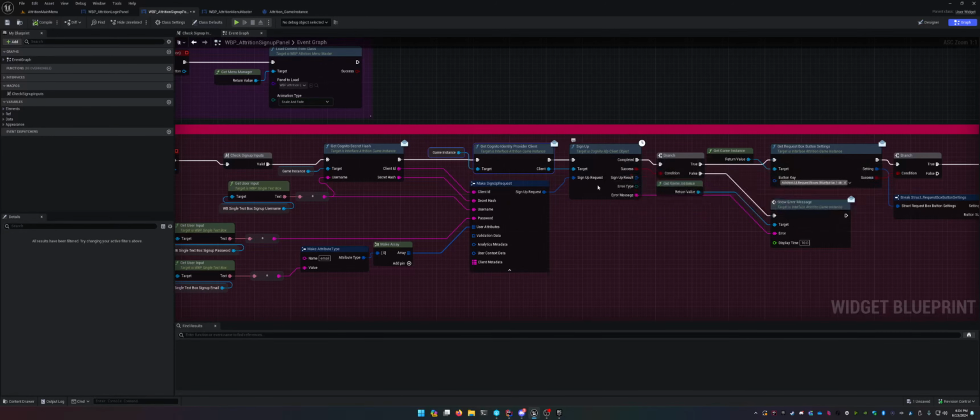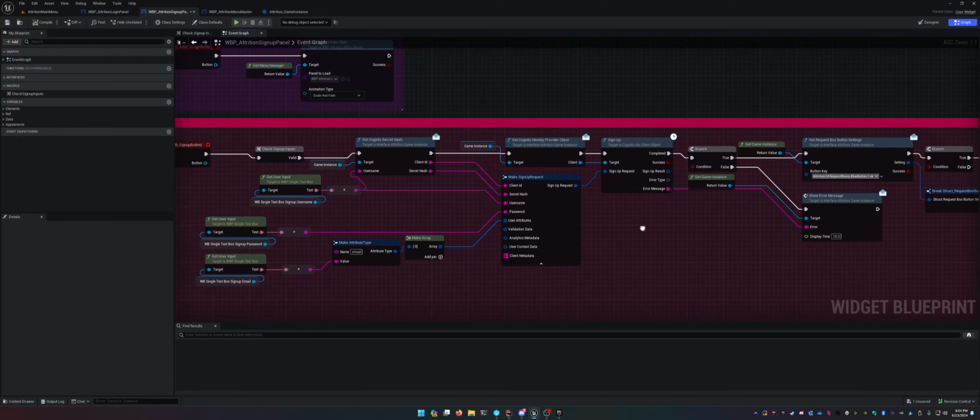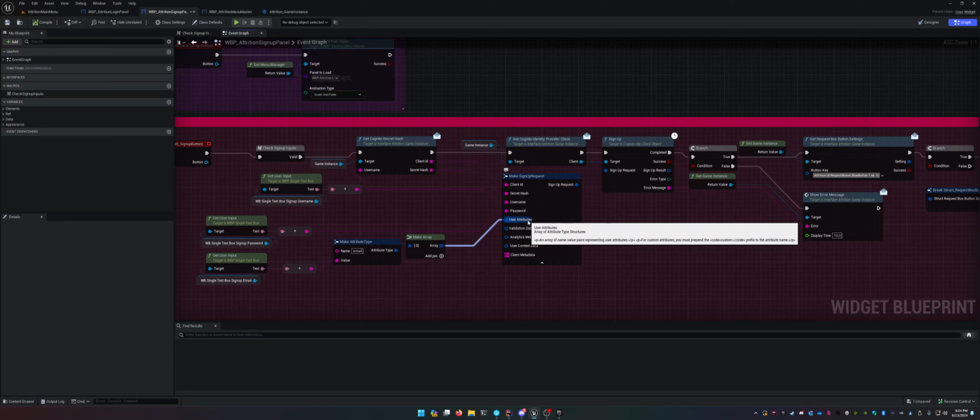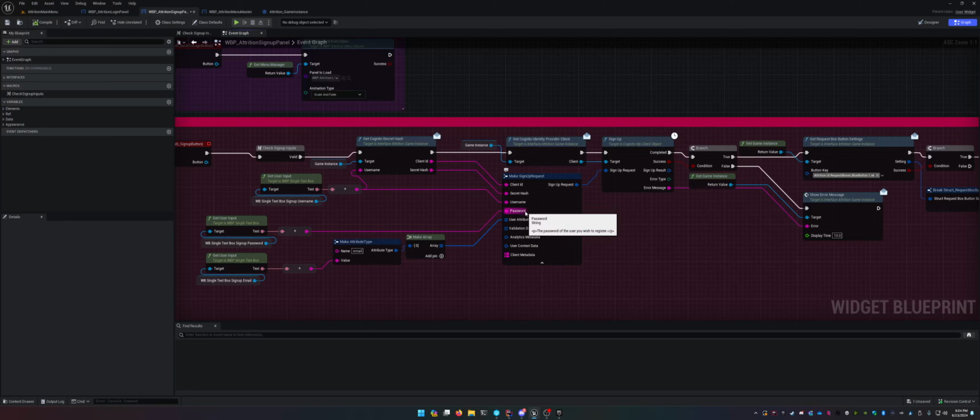We're gonna call a sign up request. Same thing. This is a latent node, so you cannot put this into a function. We're pulling off of this and we're doing the client ID from the client ID, the secret hash to return from the secret hash of our function, the username from our text box, the password from our text box, and then this is how you would add additional fields because by default you just have username and password for these